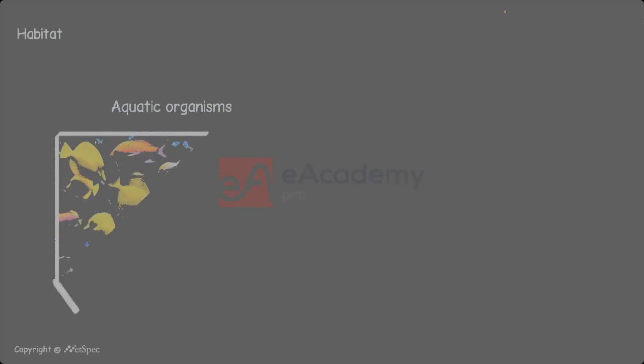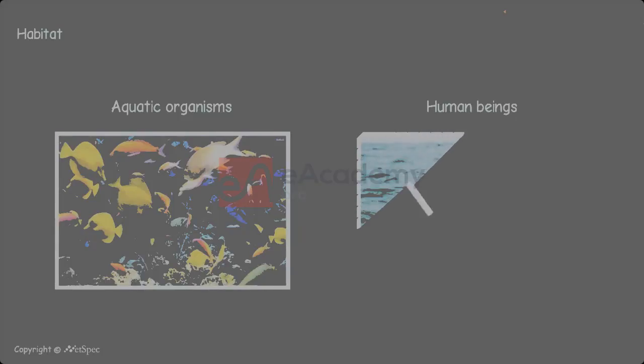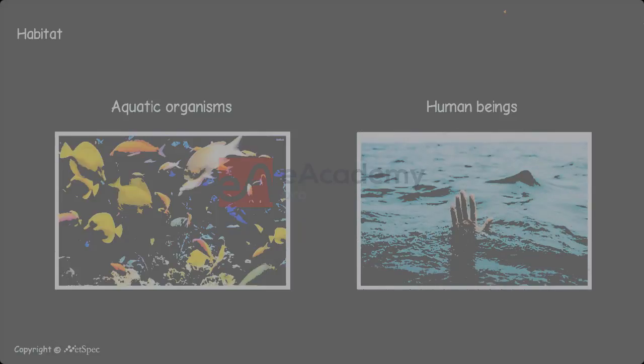They live inside the water, breathe inside the water throughout their life. But if you compare the other picture where there is a human being inside the water, they cannot live inside water for a longer time. A human being can live in water for a shorter period and again come to the surface to breathe. So, how is it possible for these organisms to live inside water for a lifetime, whereas a human being cannot live inside water for a long time?